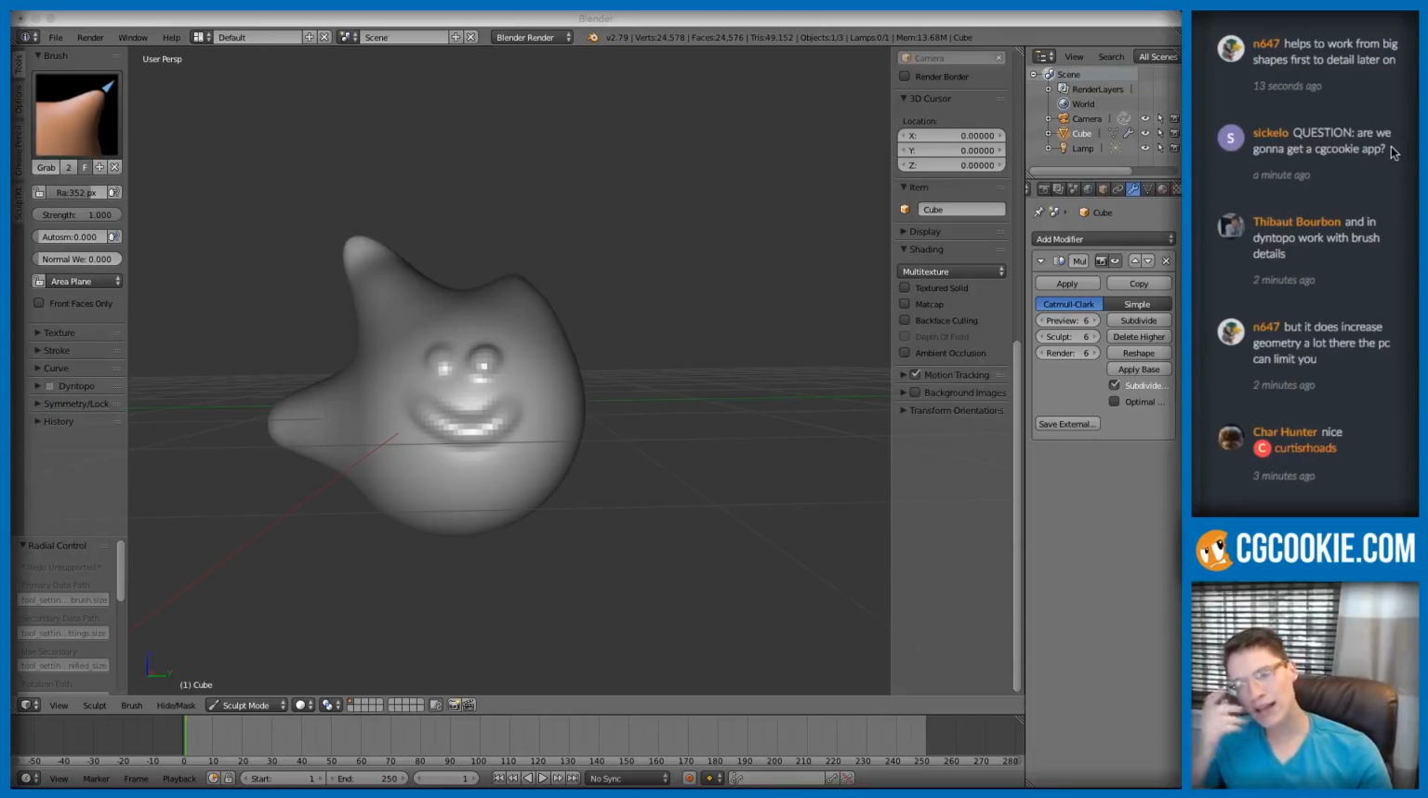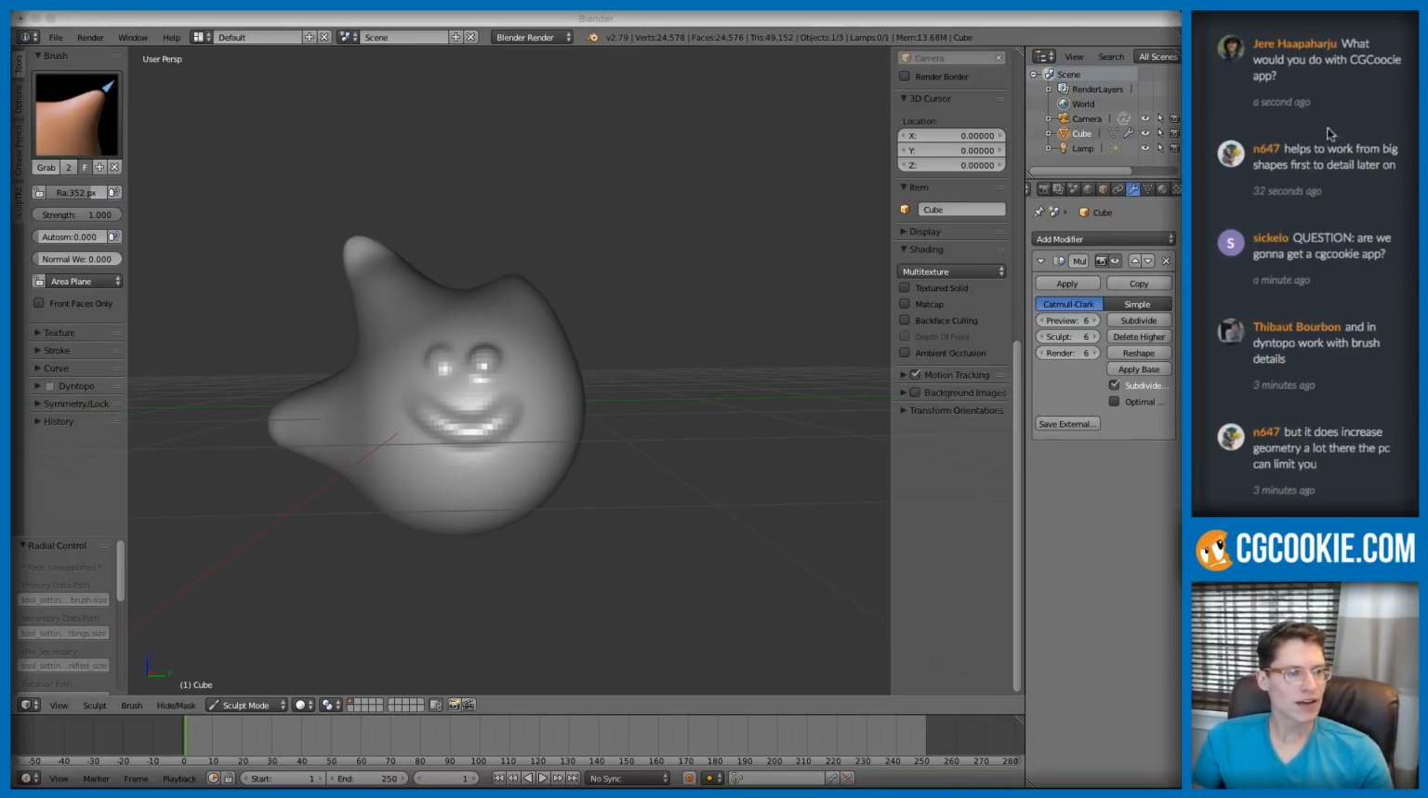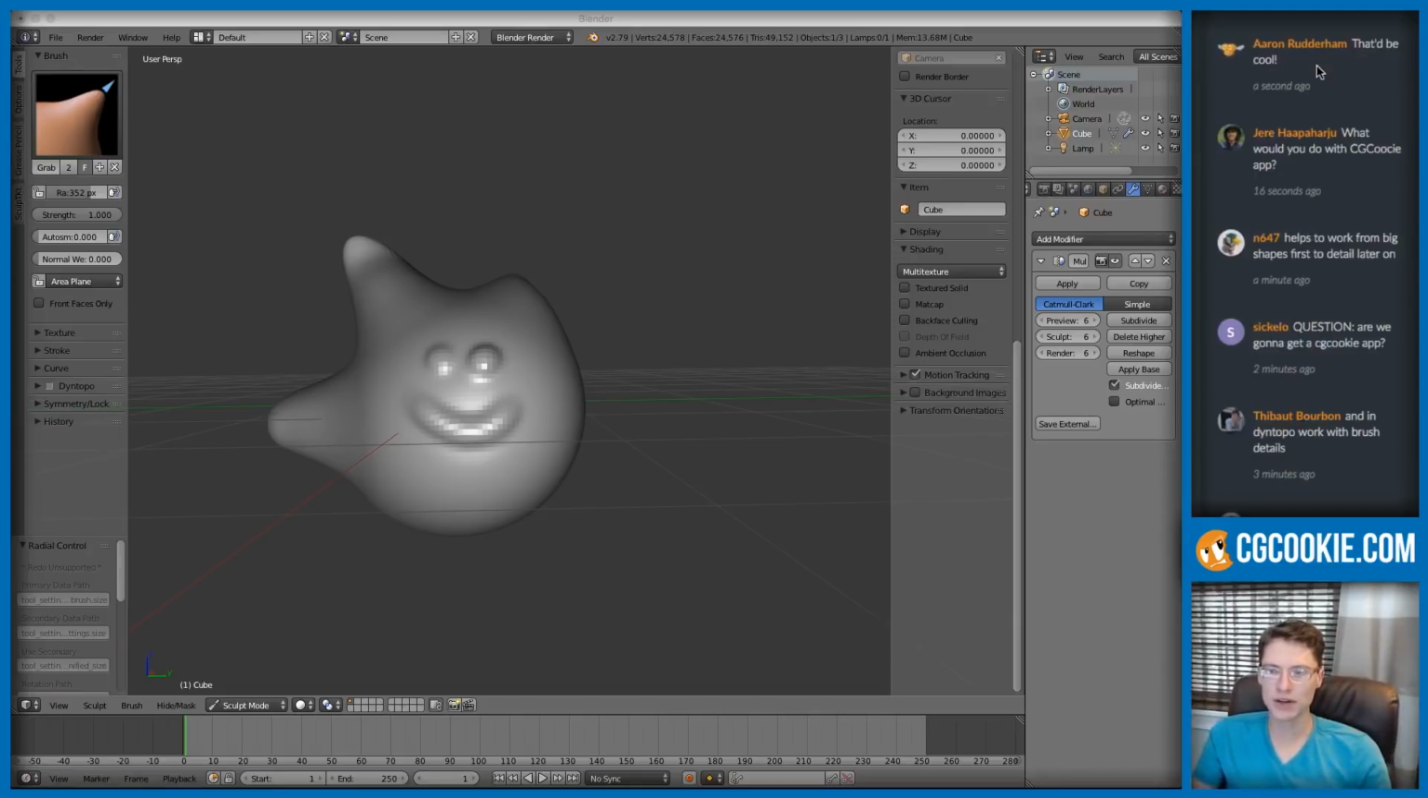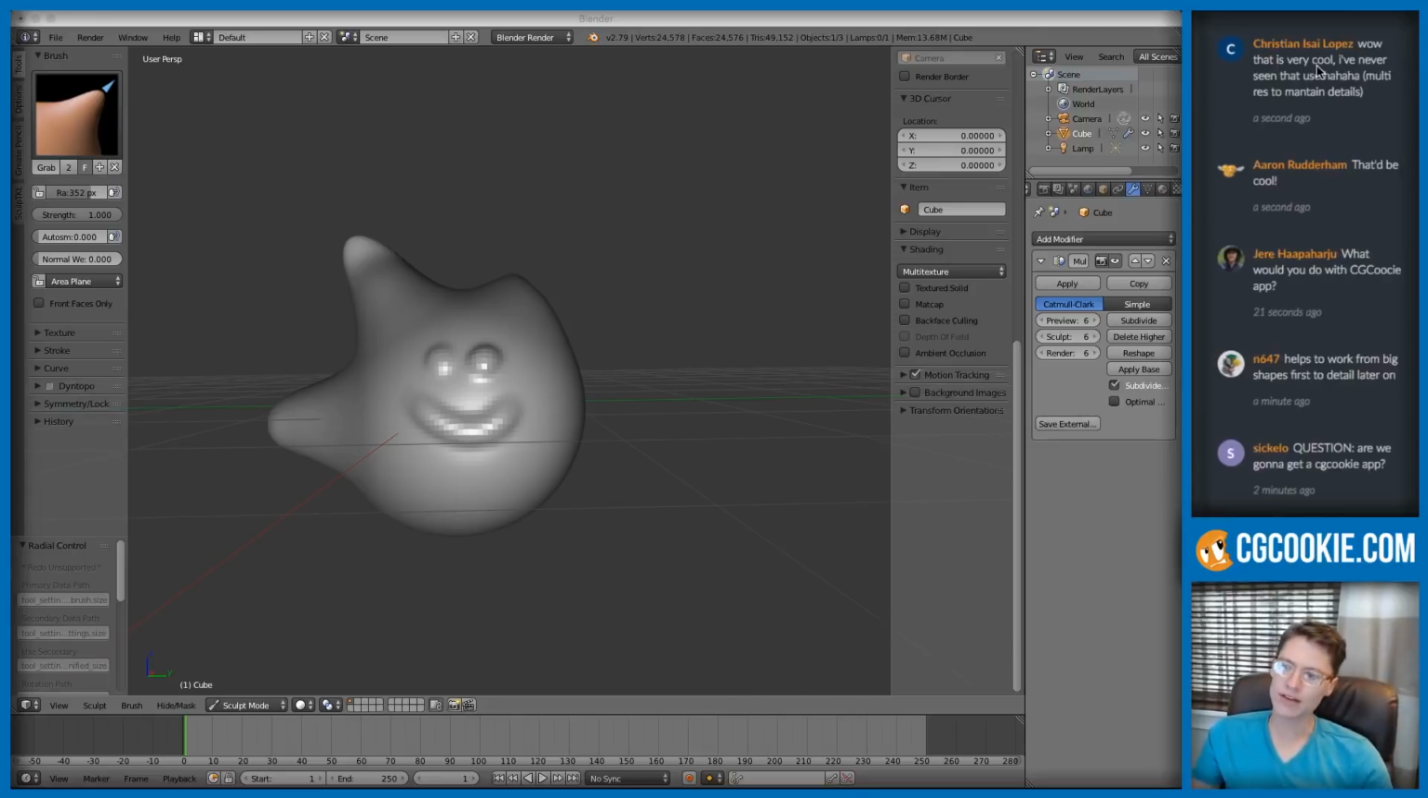So if you wanted that, does that mean you want to watch CG Cookie videos on your phone? That's my question to you, I guess. Yeah, so Jerry kind of asked the same thing. Is that what you would do? To me, that doesn't strike me as immediately intuitive, because presumably you would want to be able to have Blender open to either follow along or to apply what you're learning. If you were doing it on your phone, like on the subway or something, you wouldn't necessarily be able to do that. But